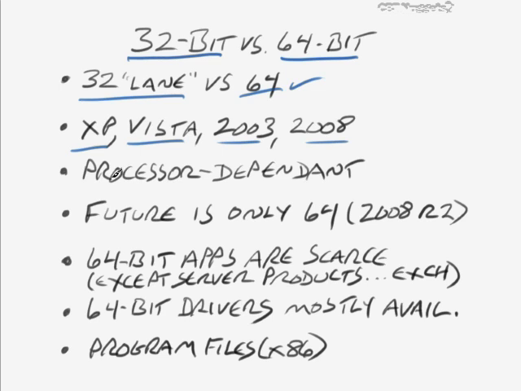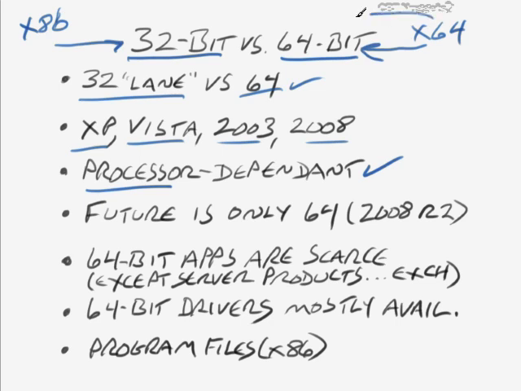Also, this is processor dependent. If you have an x86 processor, that's the Intel architecture that is a 32-bit architecture, then you can only use a 32-bit operating system. Or if you have the AMD equivalent of that as well. If you have an x64, however, and that's just the generic designation for a 64-bit processor, then you can use 64-bit operating systems, or you could still install 32-bit. It's not as much fun to have a 64-bit processor and use only half of its potential, but certainly